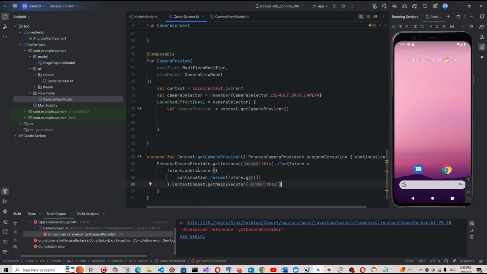So this will get the camera provider, and we set the main executor to the context of this, and we set the listener of this camera provider to the future. And so we have the camera provider,